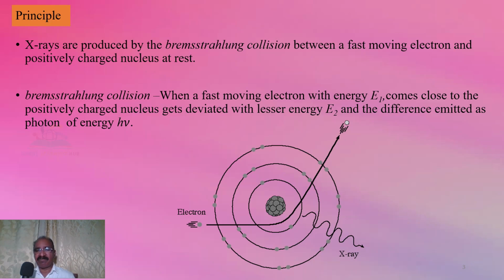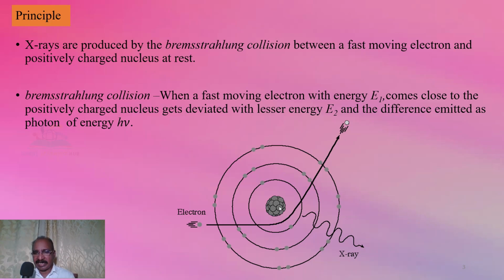Now, explaining further, let us imagine the electron is coming with the energy h nu. Let me take it to be E1. Therefore, capital E1 is the energy of the incoming electron and it collides with the nucleus. Now, this collision we call the Bremsstrahlung collision. What do we mean by Bremsstrahlung collision? That means the electron will not touch the nucleus. Without impact, without contact, they are interacting with one another. And this type of collision we call the Bremsstrahlung collision.